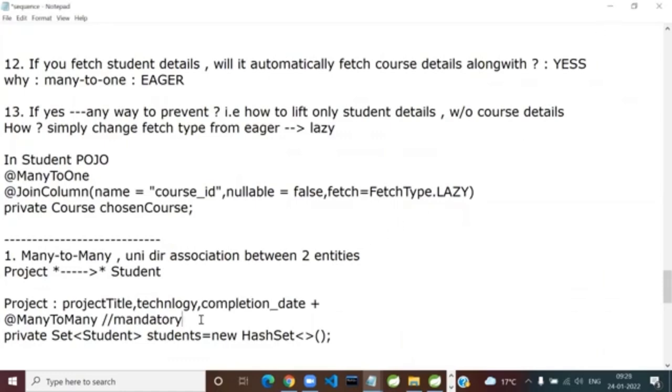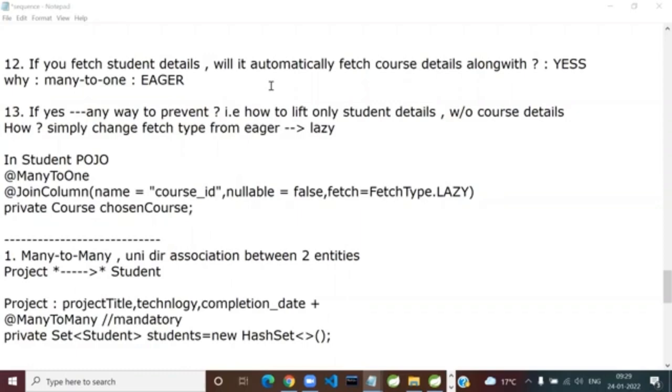But guys, if you just do this much, who will decide the name of the join table? Programmer or Hibernate? Hibernate decided. It will be like a composite primary key. The two columns would be there. Which two columns would be there in that join table, by the way?